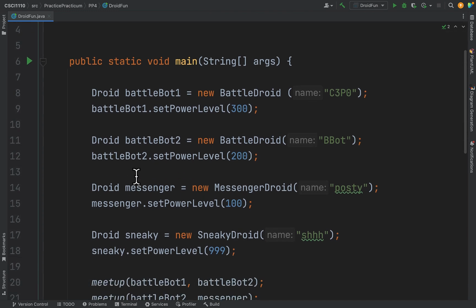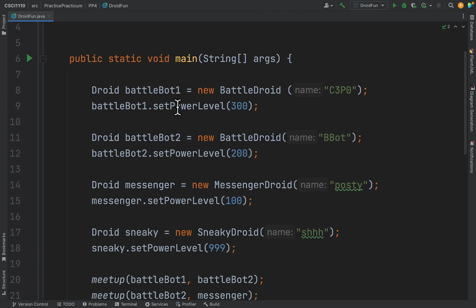So after a bit of droid fun of my own, here is a look at some of the things we could do with it. We'll look at the first few lines and talk about what they do. I'm creating a few different types of droids, and the first droid is a battle bot. And because battle droid is a